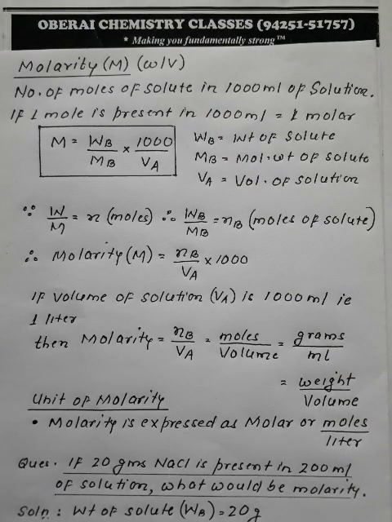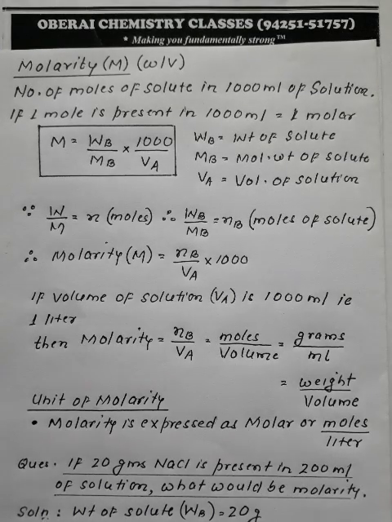W is the weight of solute, which is represented as the mole of solute in fact, and V is the volume of the solution. So wherever it is written N upon V, it means molarity, or if it is written W by V, then also it is molarity. So this is the fundamental on the basis of which the molarity of any solution is expressed and calculated.